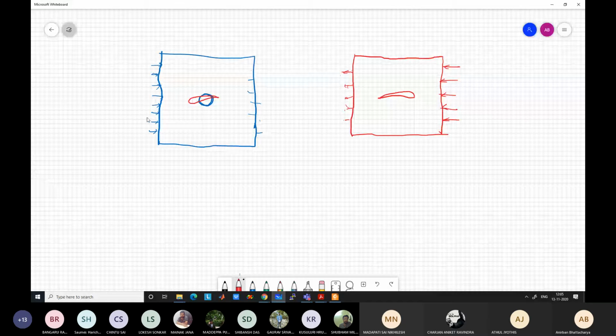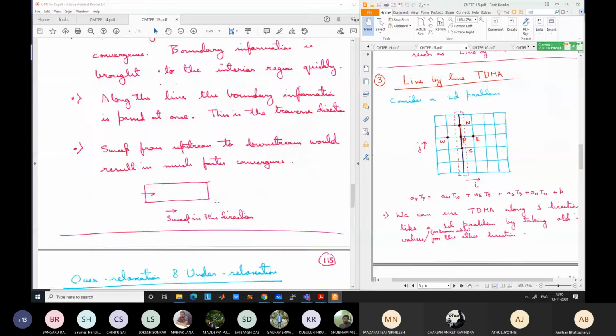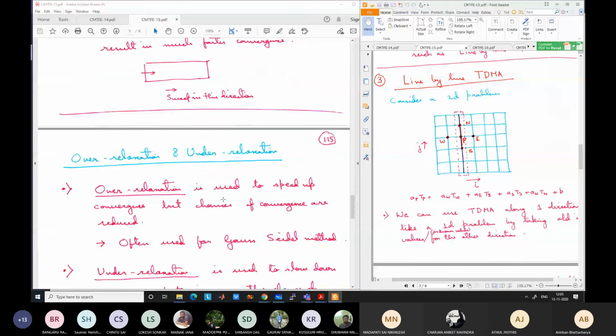For example, our code also has a similar problem, like the code that my students use. In those cases also, it does not matter which direction we take the flow, because for the physical problem the results are the same. We take the flow from the left hand side to ensure faster convergence. So we will finish with one last point.